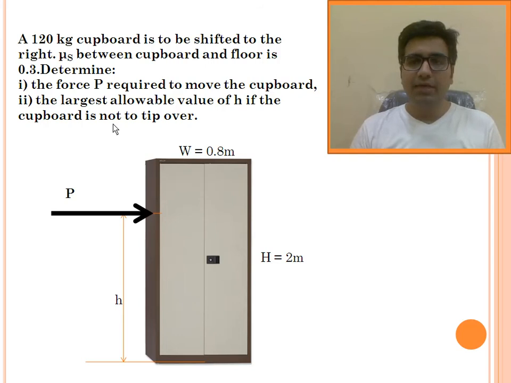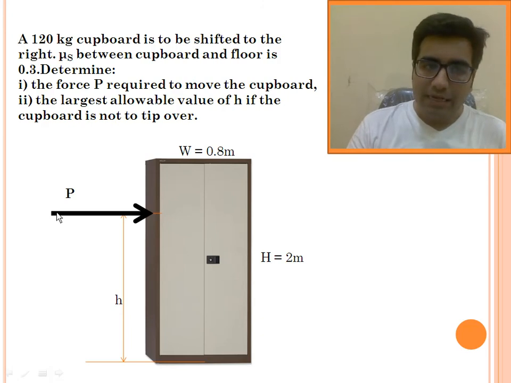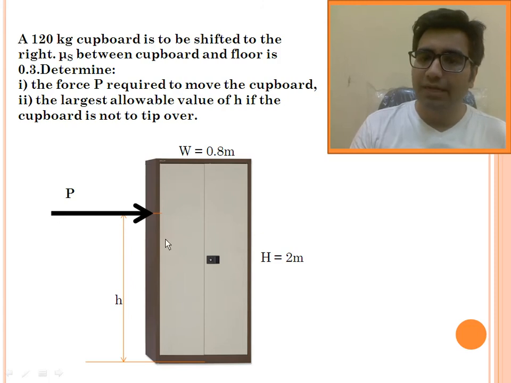Tipping is a rolling or rotating of the cupboard with respect to one of its legs under the influence of external force. So we are supposed to find the minimum value of force P in this question, and we are supposed to find the location beyond which the cupboard does not rotate about this edge. Is that okay, my dear friend? If we apply a force about this point at the top of the cupboard in the right direction, it is going to rotate about this leg. Is that okay? It is going to rotate about this edge.